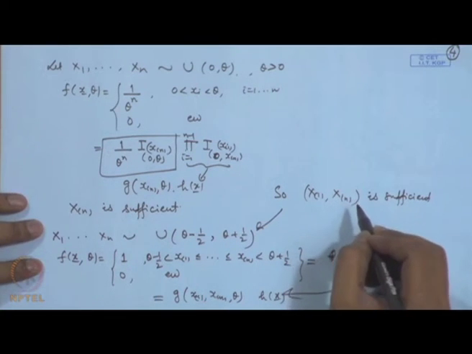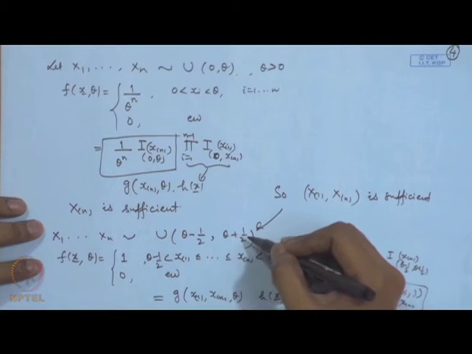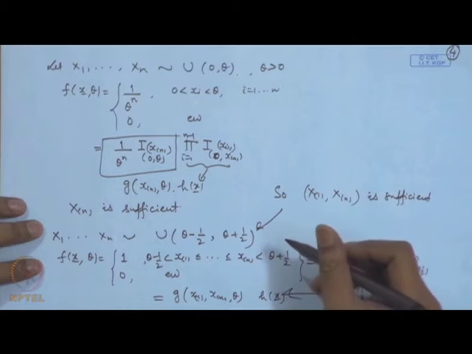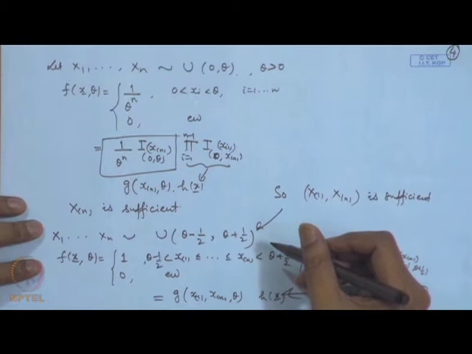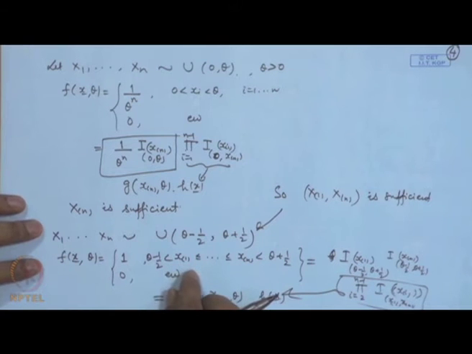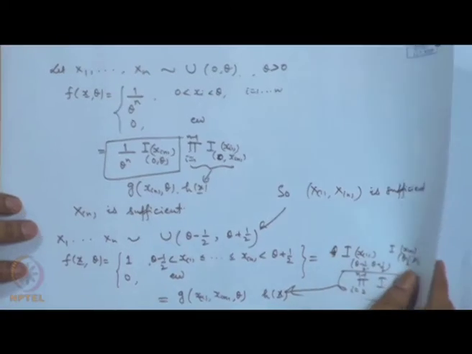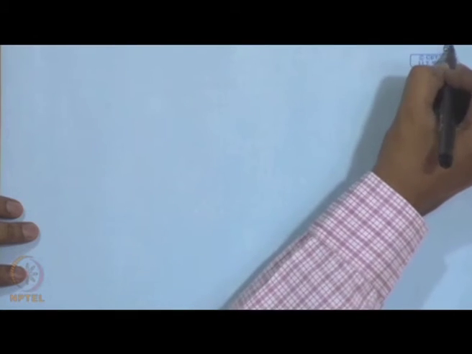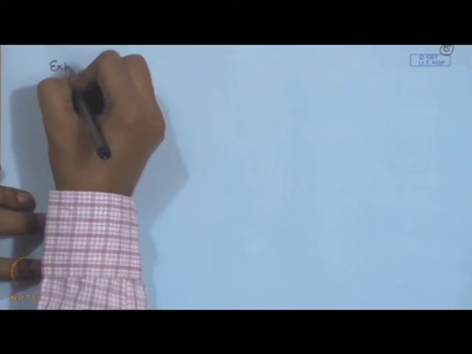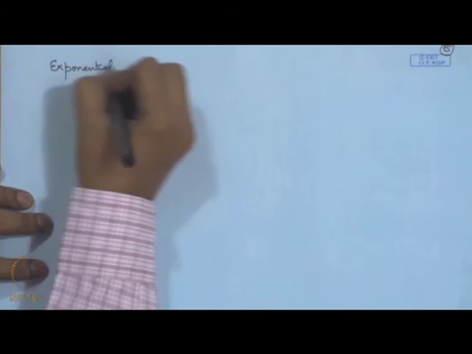If you remember the maximum likelihood estimator, the maximum likelihood estimator for this problem was any value between x n minus half to x 1 plus half, which is a function of x 1, x n. So, the statement that the maximum likelihood estimators, if they exist, are functions of the sufficient statistics, is satisfied here also. Now, this factorization theorem is very useful if we are considering a general distribution in an exponential family. So, let us consider distributions in the exponential family.